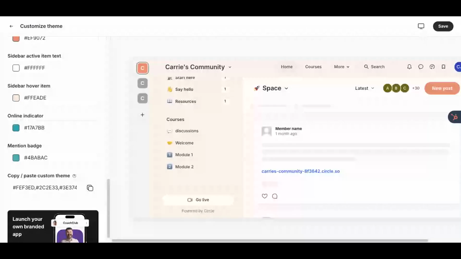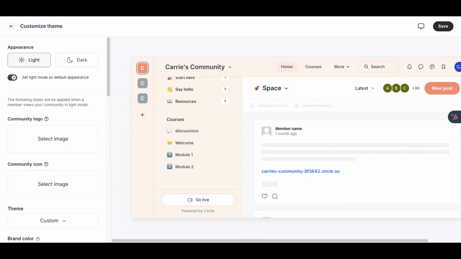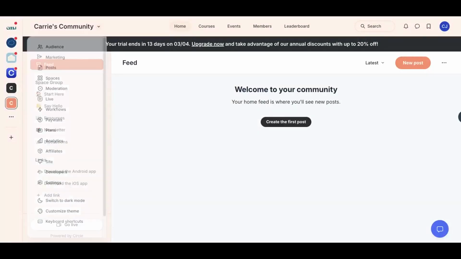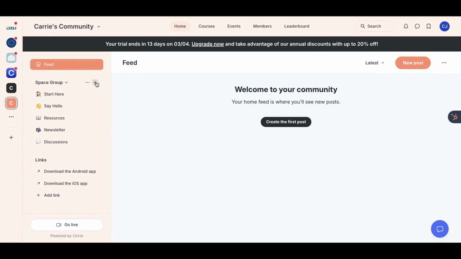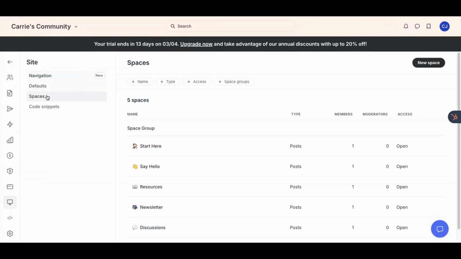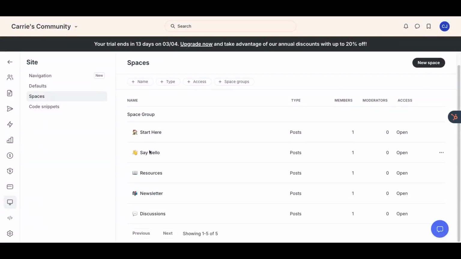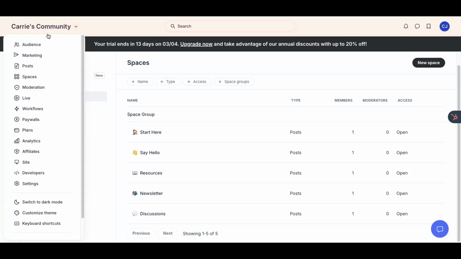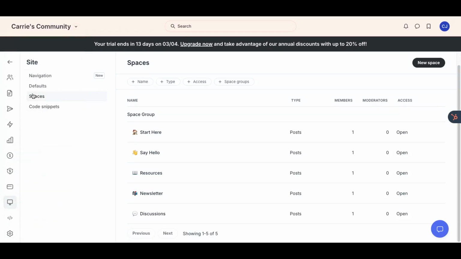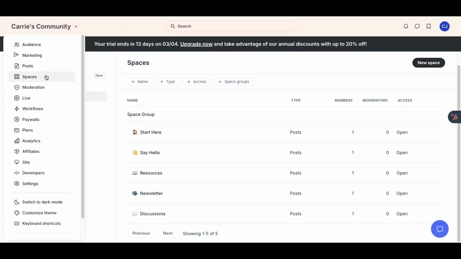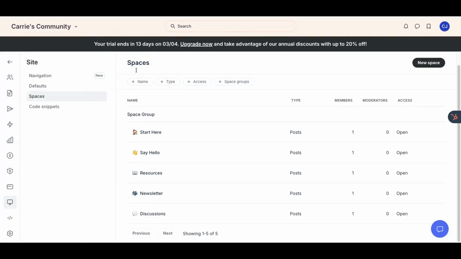What I want to show you is, if I leave the theme area, spaces and space groups. As I mentioned before, the only way to create a space group is to create it right here, but you can go into spaces here and see all of your space groups and all of your individual spaces in one place. Generally when I'm setting this up for a client or for our community, I'm working from this pane in here. It's under the site, which you can find if you go here, site, and then choose spaces, or you can just find it by going to spaces. I don't know why Circle gives you two ways of doing it, but two paths lead into one area.